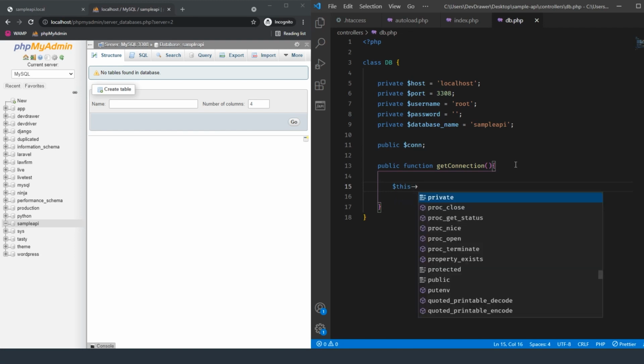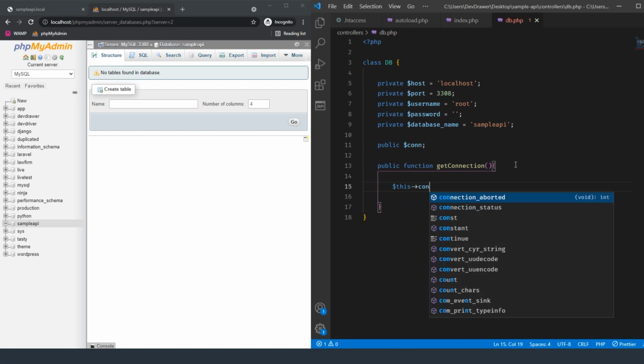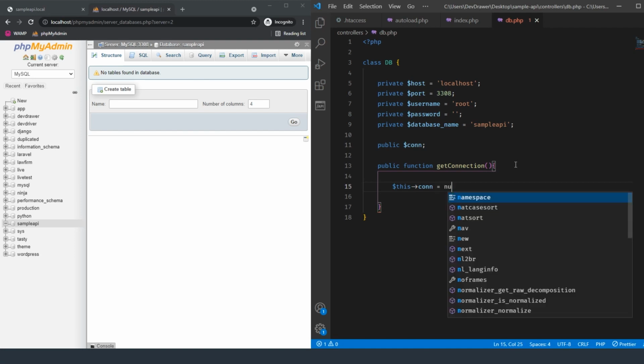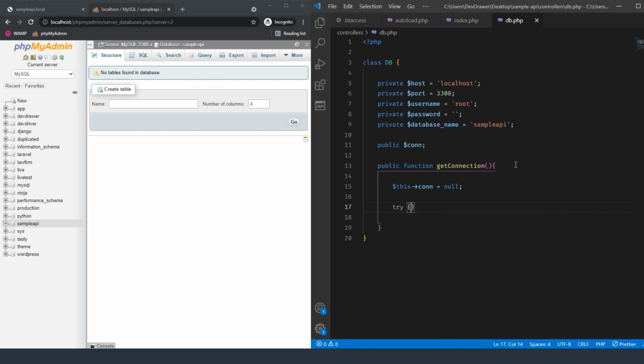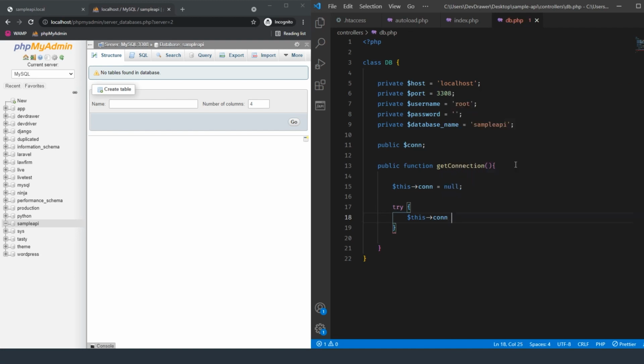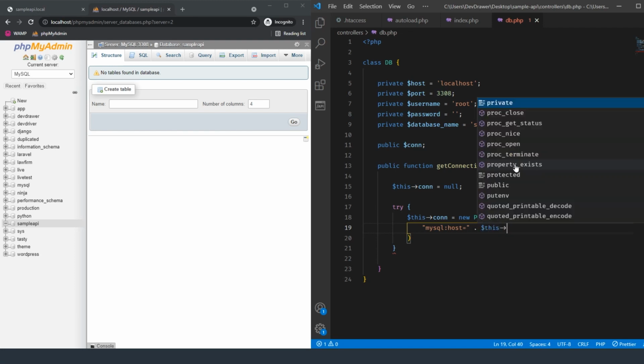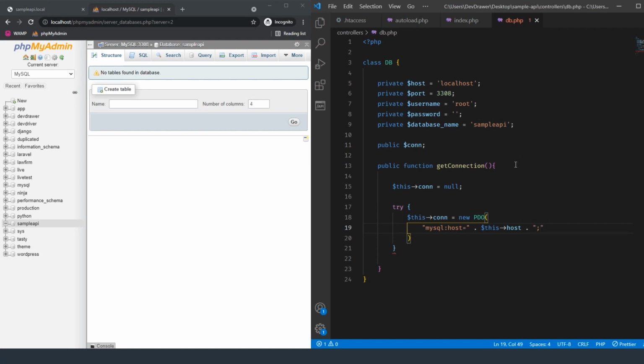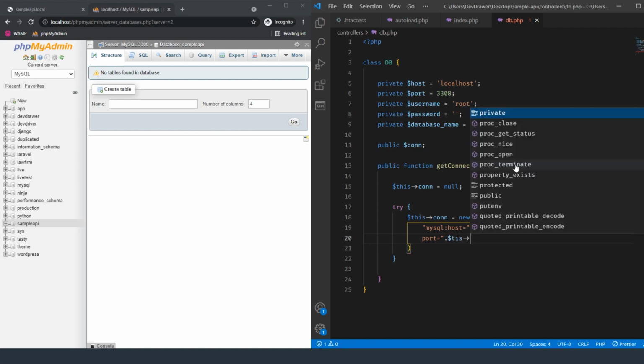So first thing I want to do is this con is going to be null, and then we're going to do a try catch block. So this con equals new PDO, and then we're going to pass along our PDO connection information. So mysql host equals, and then this is going to be equal to this host, and then the next line is going to be our port, and then this is going to be equal kind of the same thing. So we're going to do this port,